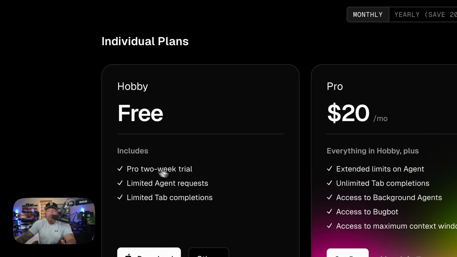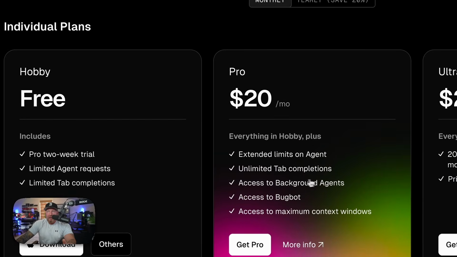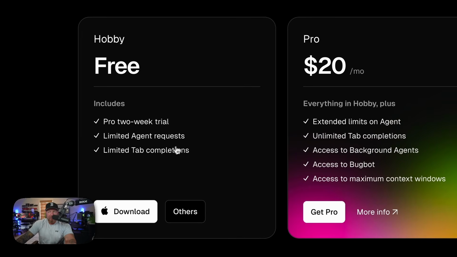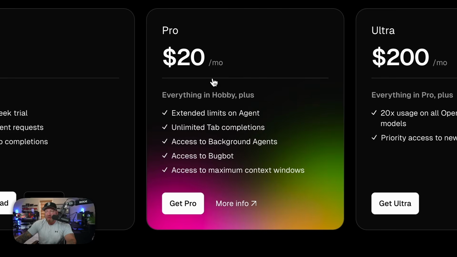You get a 2-week trial of the pro tier, and you get very limited agent requests, which are basically interactions with the AI. So whether that's in the chat interface or inline, you get very limited requests, limited tab completions. And then the $20 per month gives you extended limits on agent requests and unlimited tab completions. You also get something called background agents where you can run tasks in the background, access to bug bot, which will look at your pull requests and look for bugs,